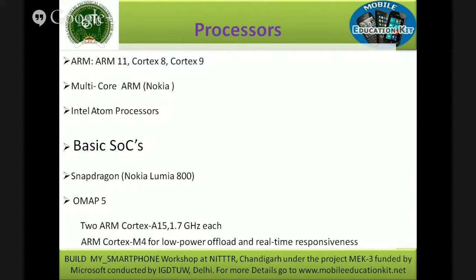Yeah. So this is again one new change, which is bringing into the mobile architecture, which is not the same as the desktop architecture. So that is the reason you have some of the basic SoCs driving the complete mobile world: the Snapdragon SoC from Qualcomm, and OMAP from TI. These are the two popular ones, but TI has almost cut down their SoCs for the mobile segment, though they are working on industrial applications. But I could say today the leader is the Qualcomm Snapdragon architecture in the mobile segment.